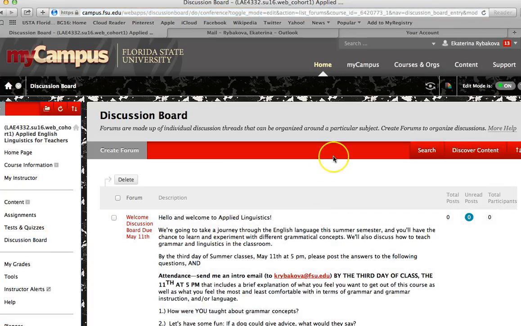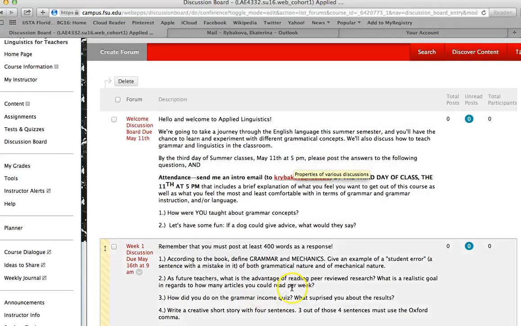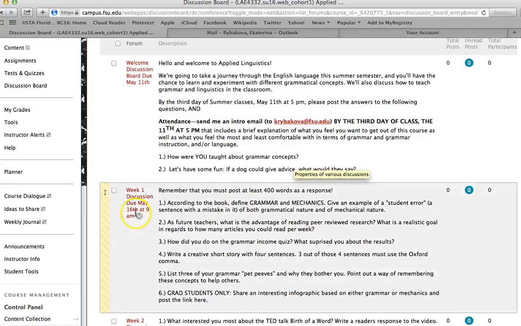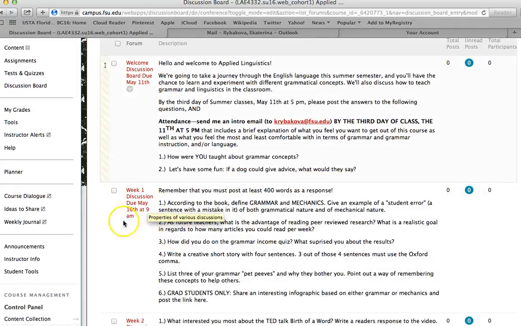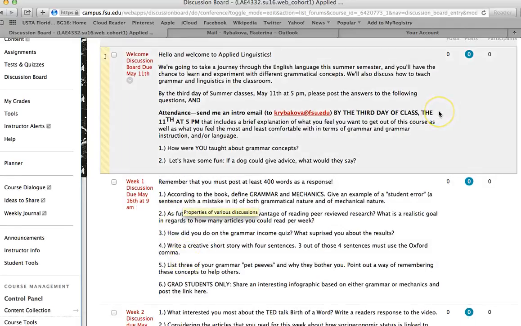This is where you'll do the bulk of your work, your discussion board. There will be questions listed here. As you can see, the welcome discussion board is due May 11th. You'll post that and you'll post answers to these questions as well. We do have several graduate students in this cohort. They will have additional questions some weeks, and some weeks they'll be answering the same ones, but you will watch a couple of videos if you're an undergraduate